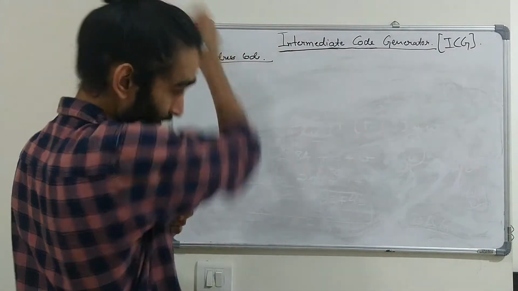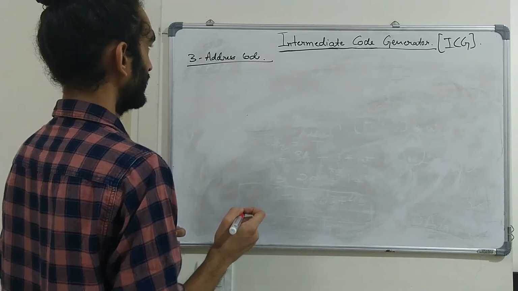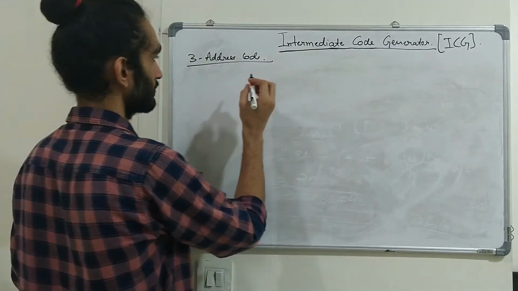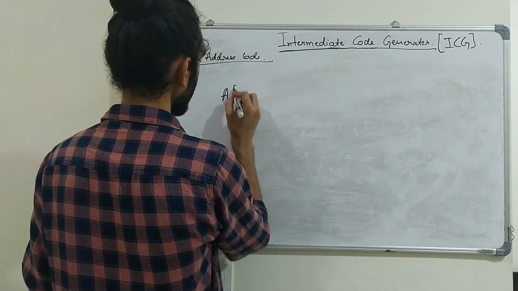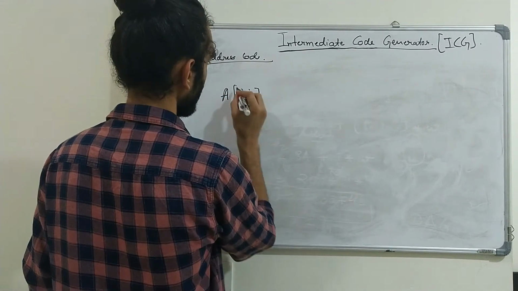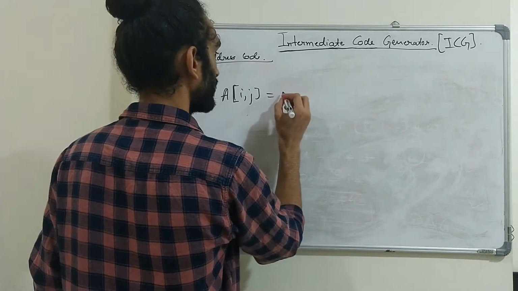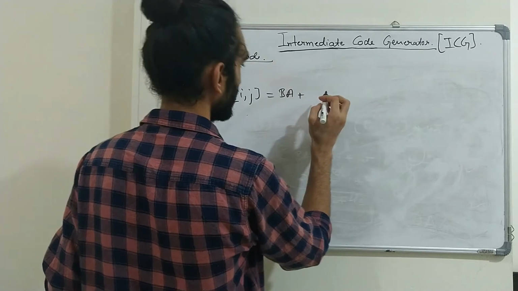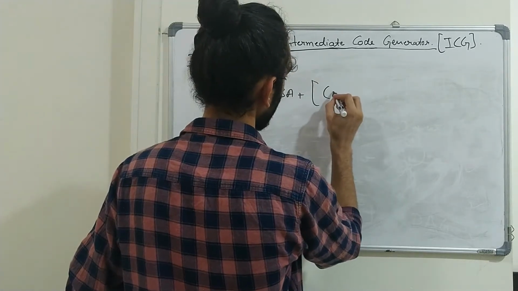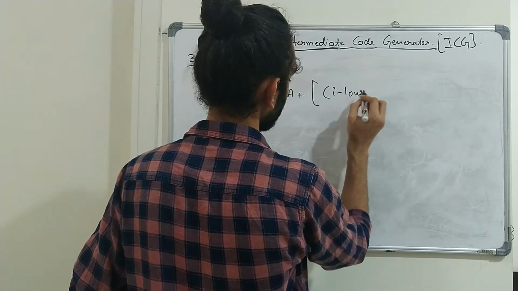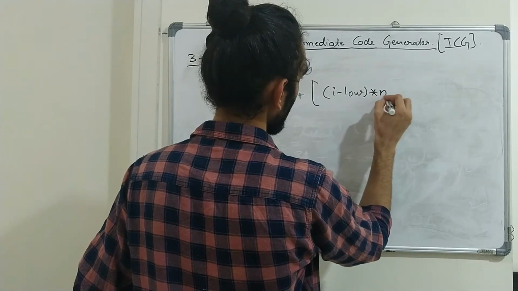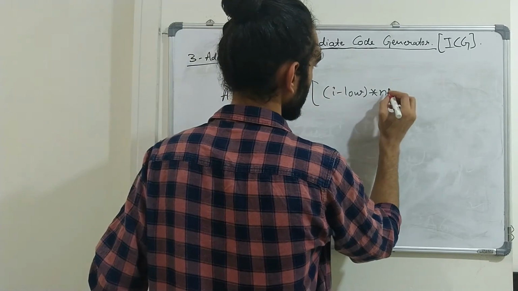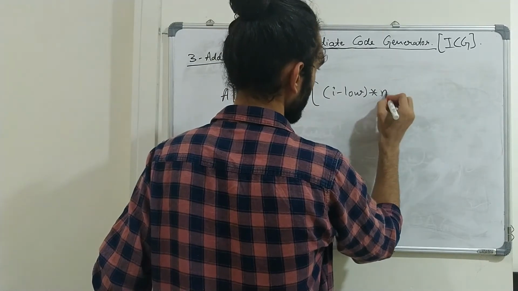So what we are going to have is a 2D array, right? A 2D array has a representation of A[i, j]. What we can write here is base address plus (i minus low1) into n2, where n2 is the number of columns,